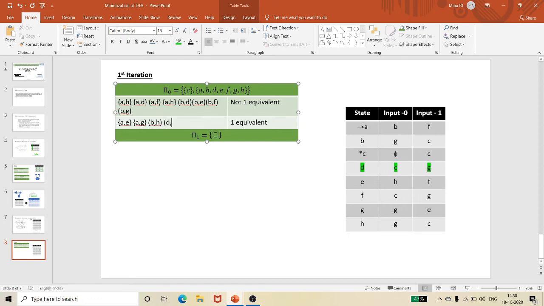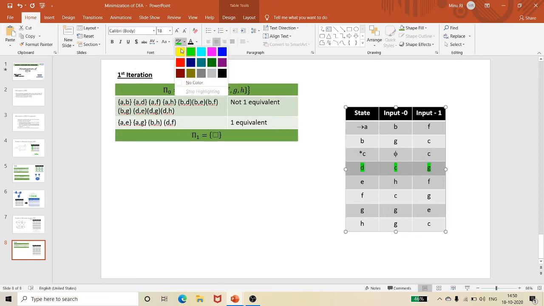D with E, D with G, or D with H is not going to be equivalent, because it doesn't have that element. So this is where we can easily complete this problem. Once you understand the basics, you can do it easily.